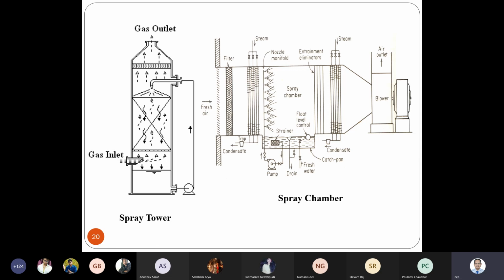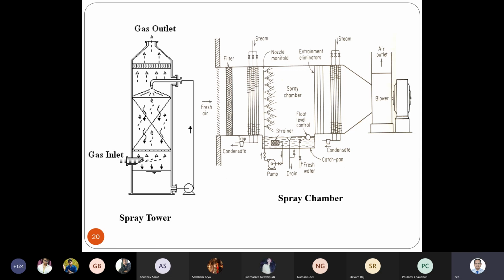Now here obviously we'll get counter current contact, but if the length to diameter ratio is very small, then what will happen? There will be back mixing in the gas phase. Then obviously the concentration will be almost uniform, so we will not get the benefit of this counter current contact. The multi-stage benefit will not be obtained, right?